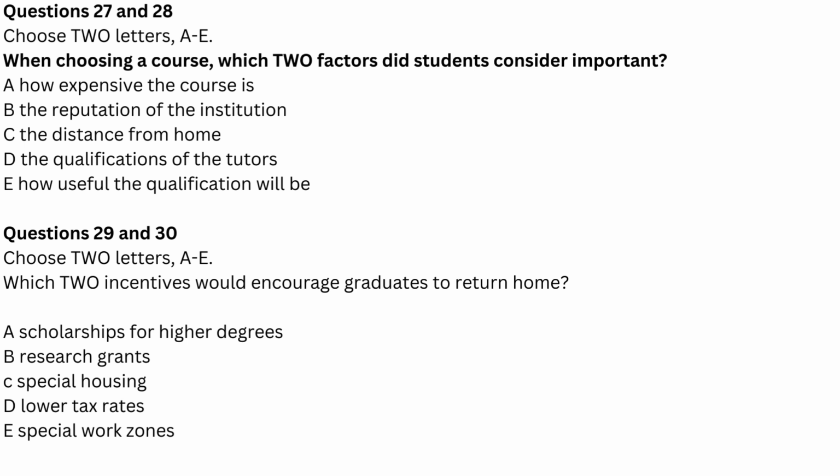And many students were keen to go home and get a job if they could be sure they'd have a good income and lifestyle. For example, they felt that the government should perhaps offer tax exemptions so that they could afford to live in a nice area. Some countries have created special work zones for incoming graduates, particularly in the science field. Yeah, and some of these include apartment blocks as well. But as many of the students we talked to were art students, this didn't seem to appeal to them.